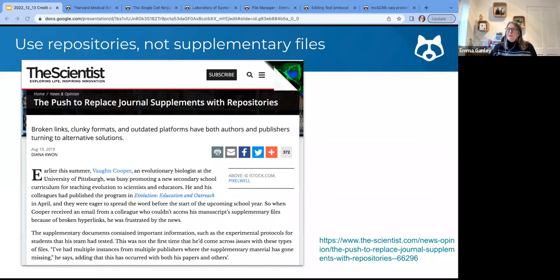Second to last thing I'll mention before I stop is that although we are all very familiar with supplementary files and documents and papers, there's been a huge push for a number of years to move away from supplements and use repositories instead. And this is a really nice article in The Scientist about that. And there's lots of reasons we could go into why supporting information, supplementary information files are not a very safe or stable place to put this information. But I guess one of the most compelling is that the repositories are just much more dynamic. As we've shown you, you can really interact with the content on protocols.io.